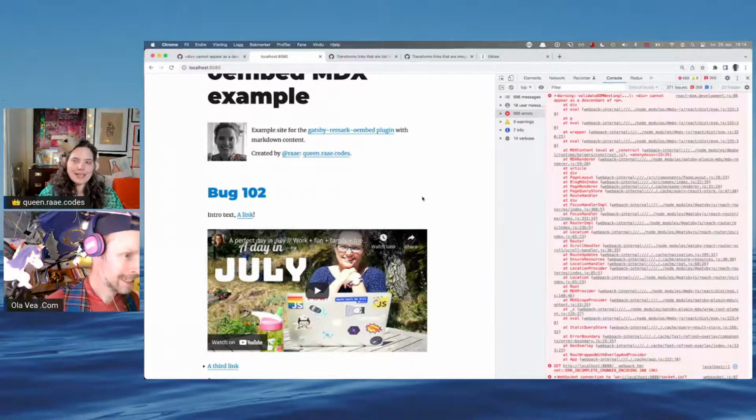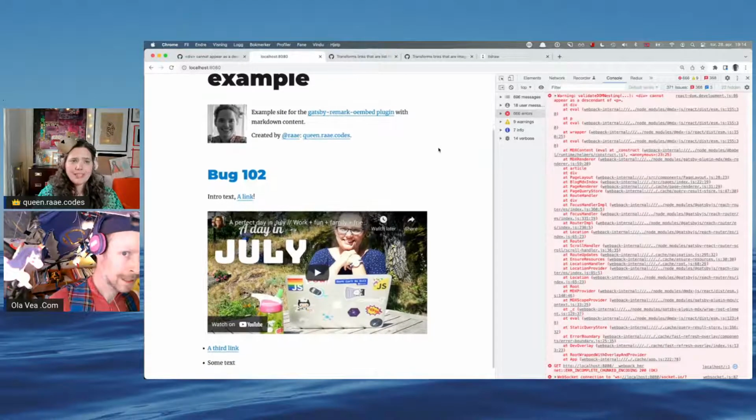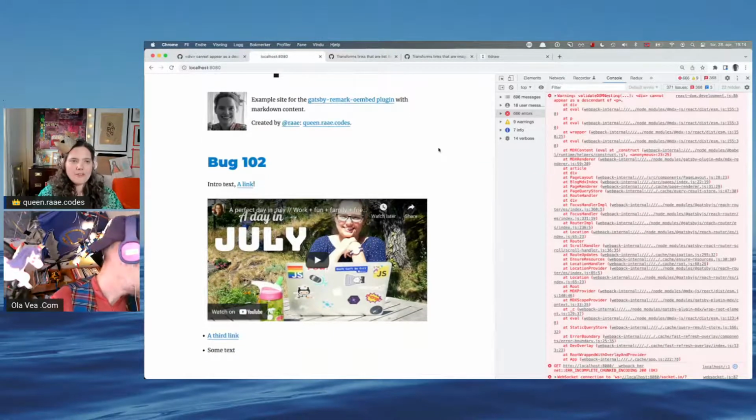So I made now a very limited example site for the Gatsby remark-oembed plugin that only takes one Markdown file, as you can see here, and it takes a link. So this is a standalone link in our Markdown code, and it turns that into the embedded YouTube video.